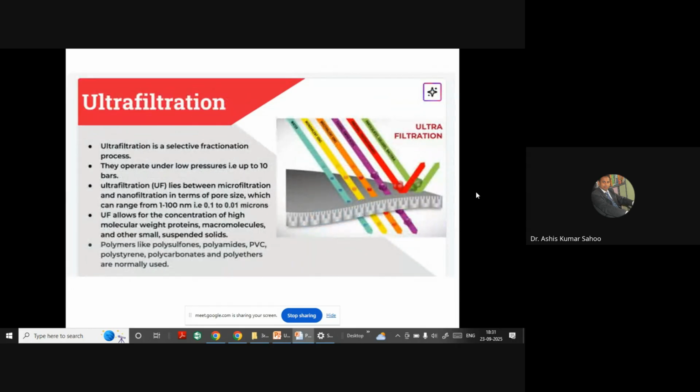Ultrafiltration is a pressure driven membrane process that operates at low pressure, up to 10 bars. Ultrafiltration lies between microfiltration and nanofiltration, depending upon the size of the molecule or bacteria. Ultrafiltration allows for the concentration of